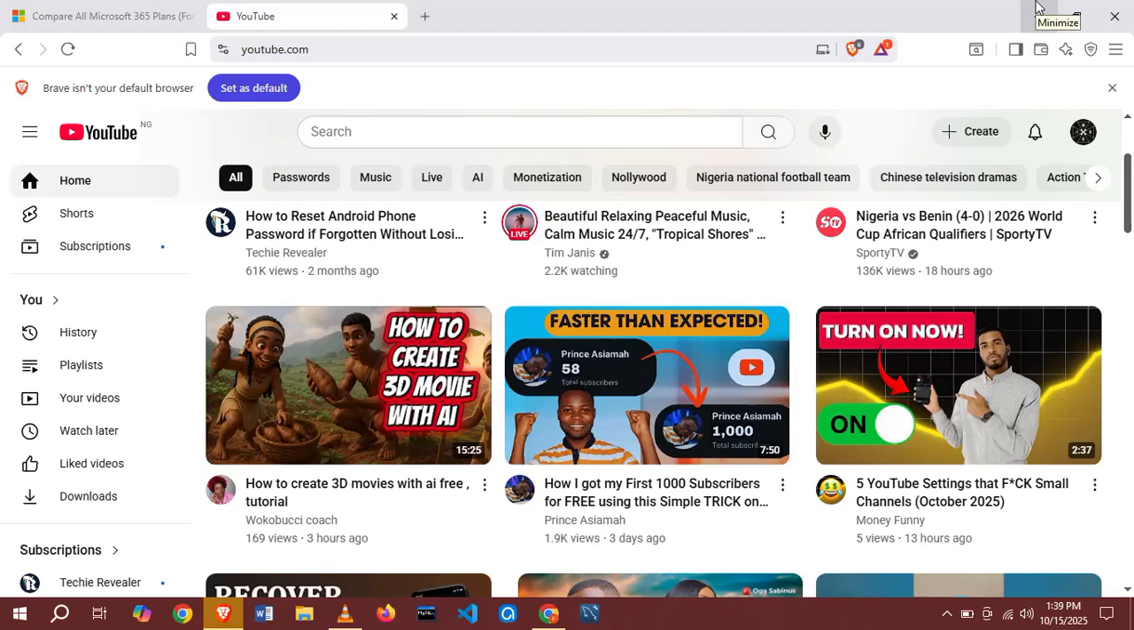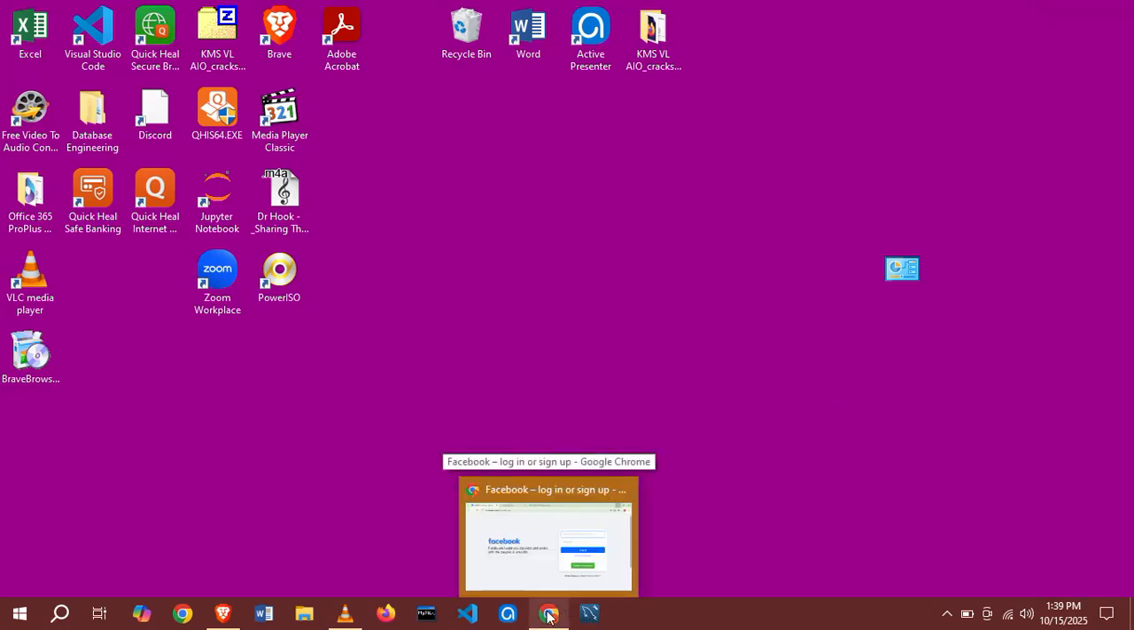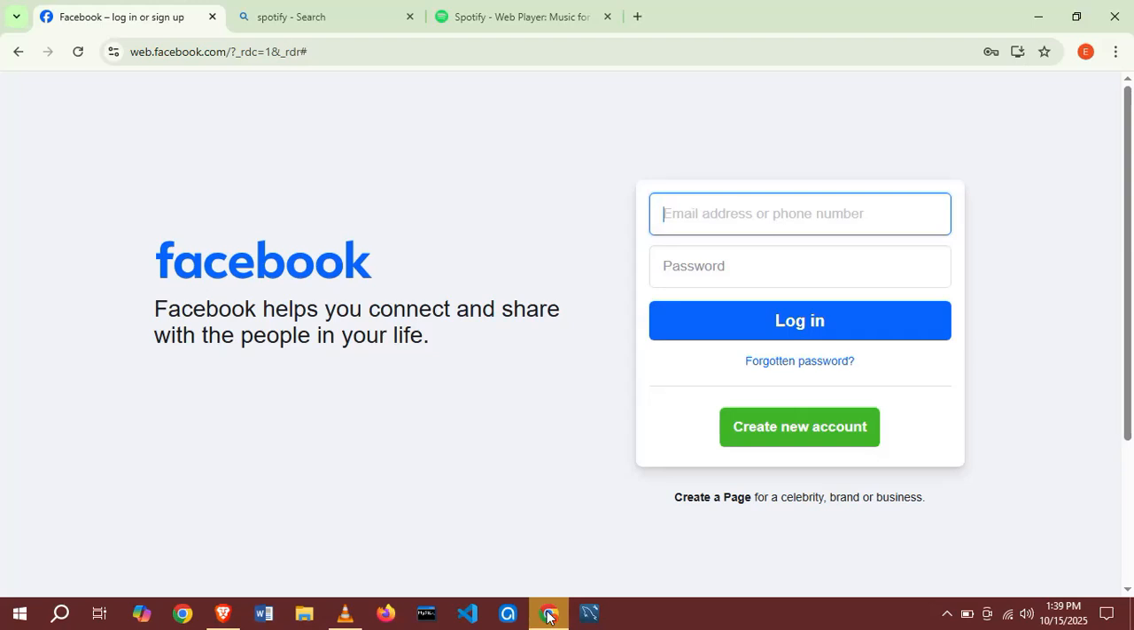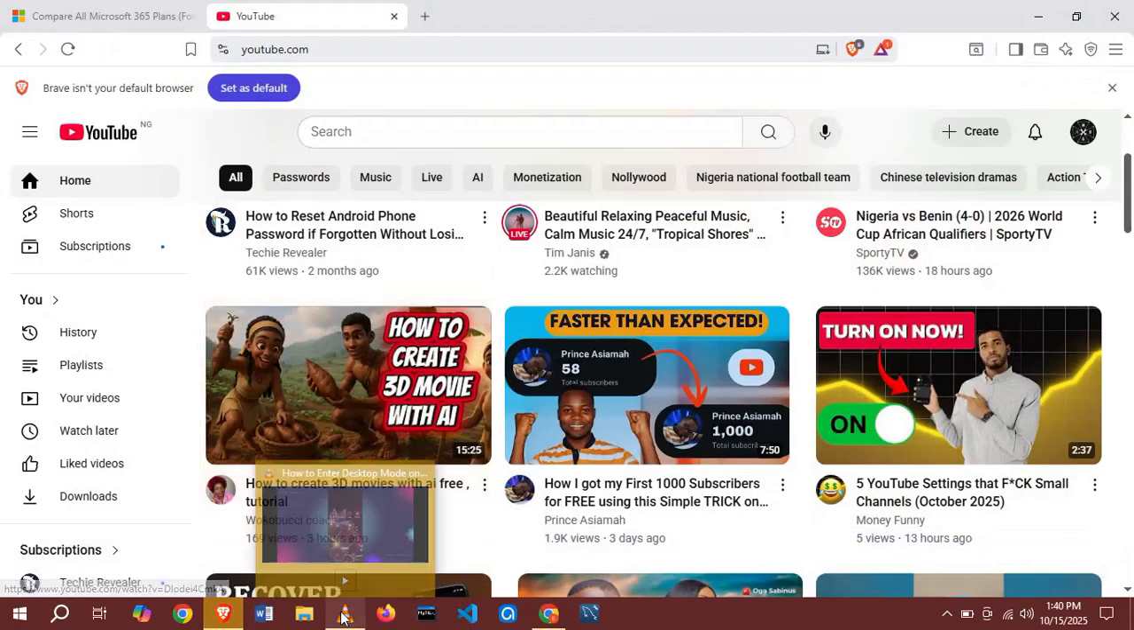Now, like I said, the virtual desktop is like having multiple desks in your office. Let's say you have three desks. You have desk 1 where you have your personal project. For instance, you are researching a project. I have this particular desktop here where I open only social media websites. I have my Facebook, I have Spotify, I have this other browser with YouTube open,